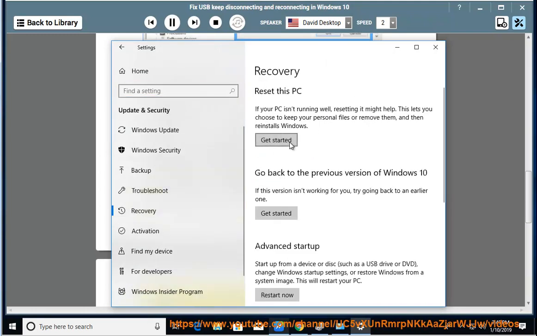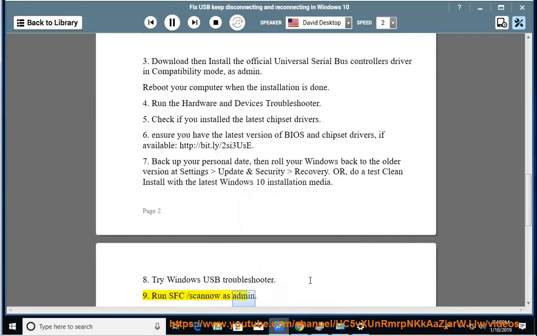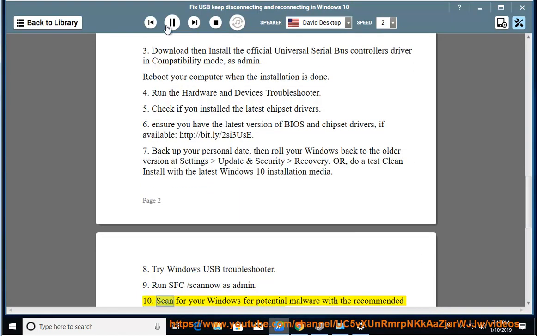8. Try Windows USB Troubleshooter. 9. Run sfc /scannow as admin. 10. Scan your Windows for potential